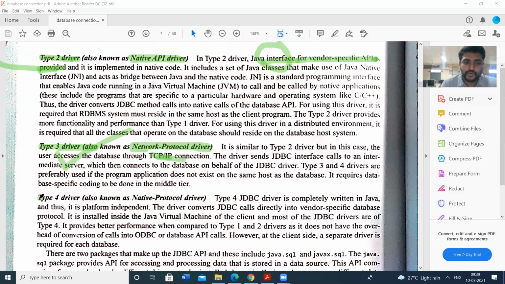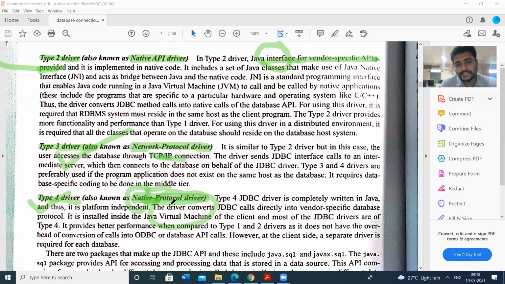So next one, type 4 driver. Type 4 driver is also known as native protocol driver. This is the latest version, and most of the applications will use the type 4 driver. Native API means it is vendor specific.